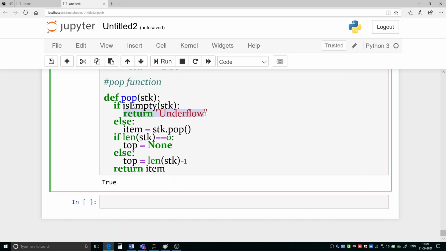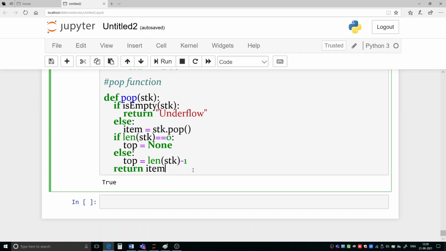Here we have written one return statement, it is returning underflow. In what situation will it return underflow? When the stack is empty. But if any element is there in the stack, then the top element from the stack will be returned, because in item we are keeping the element at the top. So that element will be returned.